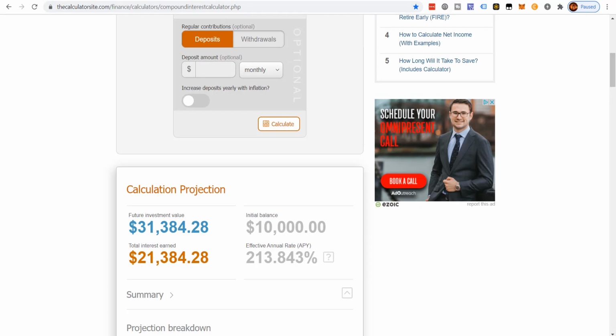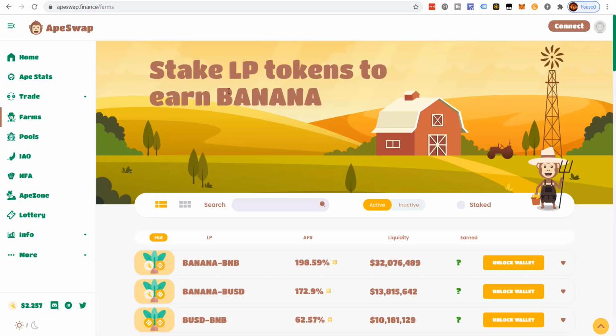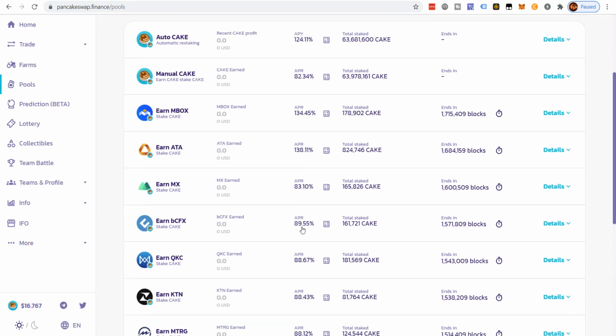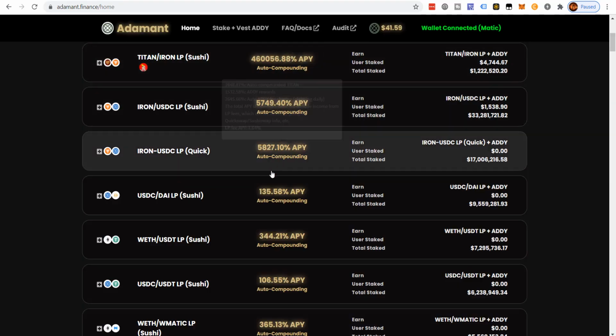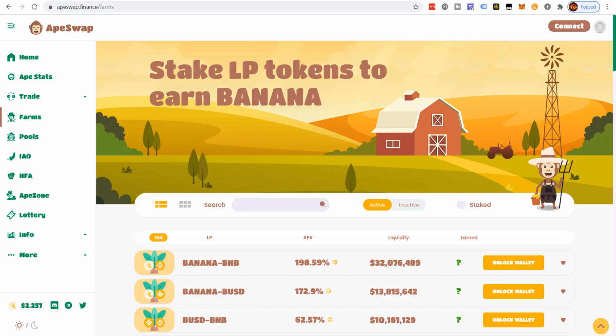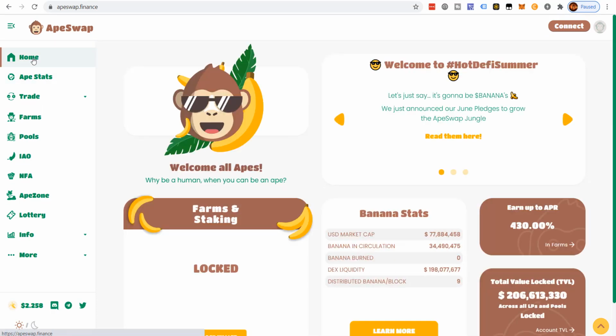What does that mean when on the yield farms? Where does it come from? Is it sustainable? Now, when you're yield farming, you can see some really high yields, APRs, APYs. This would look nuts in traditional finance. You come over here to something like Adamant, it looks even crazier. And where does this come from? How is this possible? Is it sustainable? So I'm going to just keep this very simple.